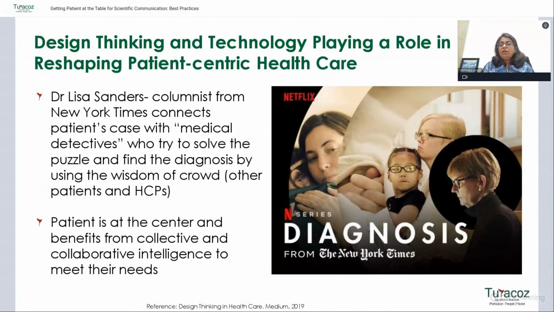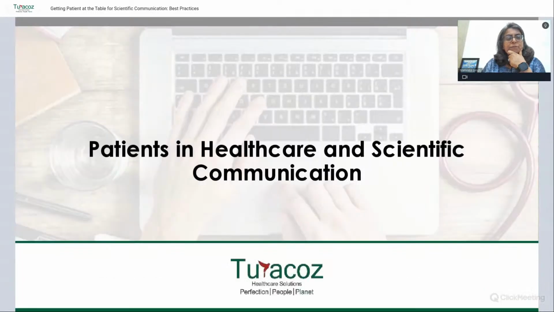So this is actually what we call design thinking. You would have heard design thinking in so many other fields, whether it is technology or anything like automation, AI, everywhere this term is there. But now we're talking of design thinking where we are keeping the patient in the center. We are listening to the patient, hearing their experiences, plus spreading it to others who might have a similar experience, and then learning from there, and taking healthcare and treatment management ahead from there.